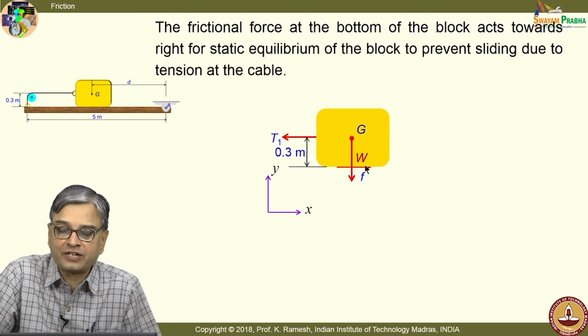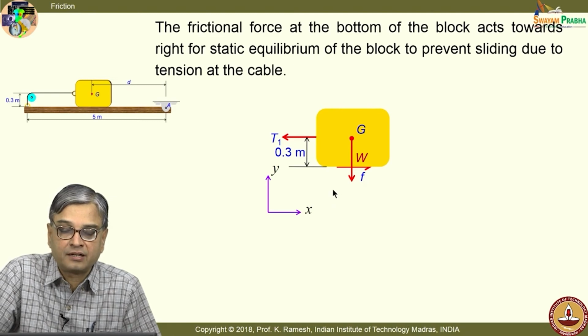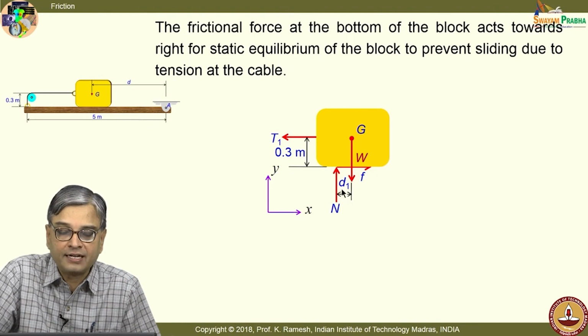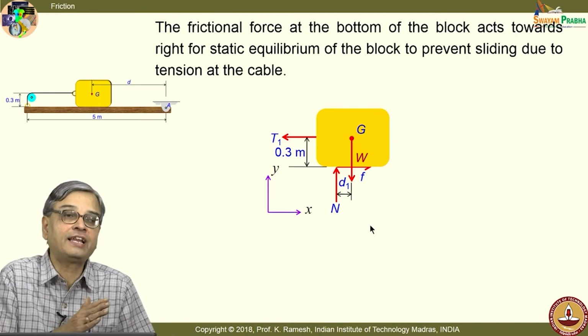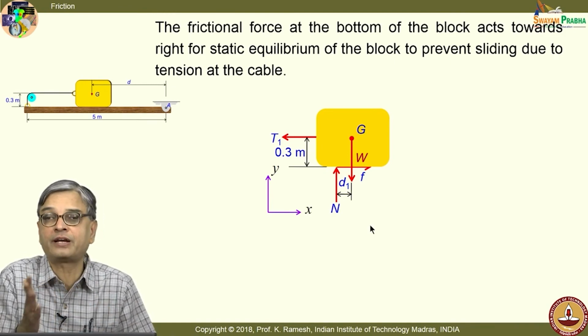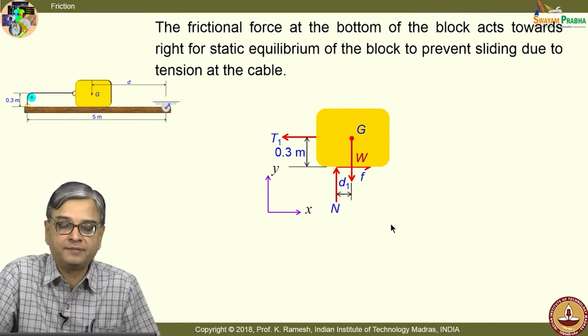Friction force, I have just put friction force as F, but we know very well from the problem statement we are looking at a condition when the motion is impending. So, I can also replace it by this one later, but we will have a look at it. And when I put the normal force interaction, I deliberately put it at a distance d1. I do not put it through the centroid, because you have to recognize the normal force is determined by the moment equilibrium. Now, let us write the equations of equilibrium one by one.